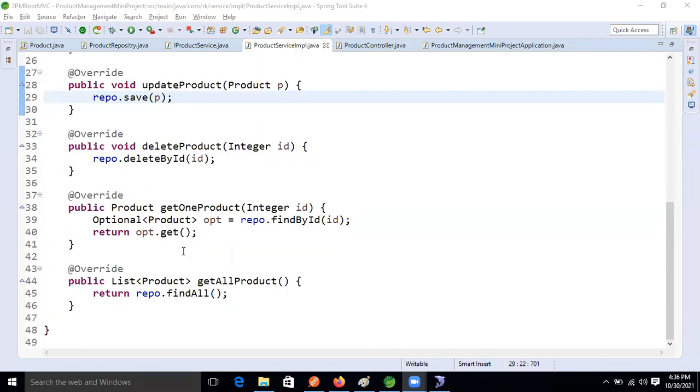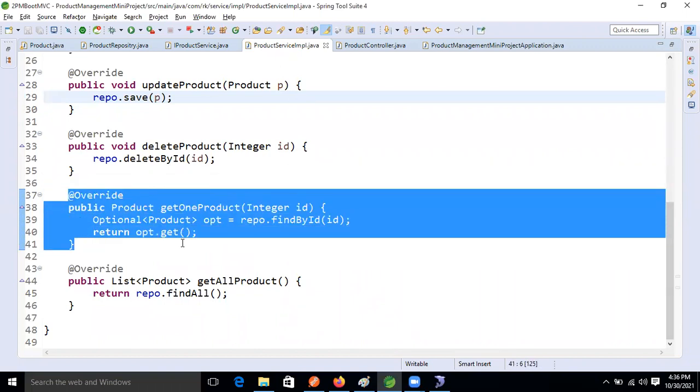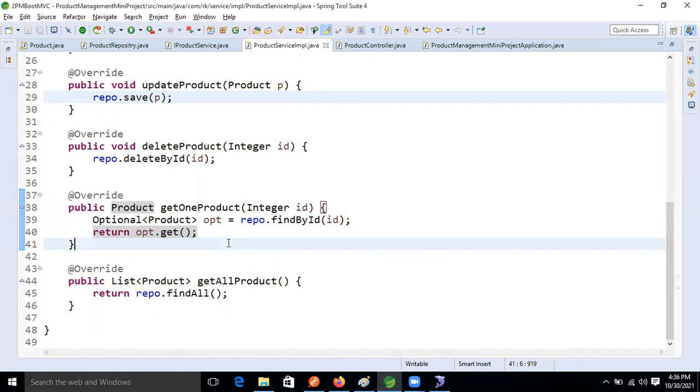So here, get one. Let's see that, guys. First, we will select one record based on this method implementation. First, without exception handling we will implement it. Then I will show the problem, then we will implement it, and then you will get a clear picture about this. So are you guys remembering?